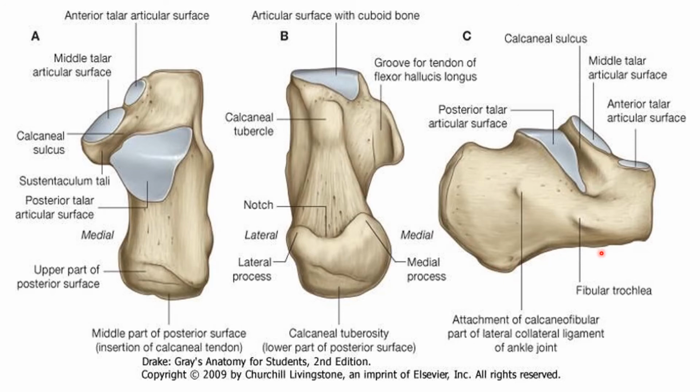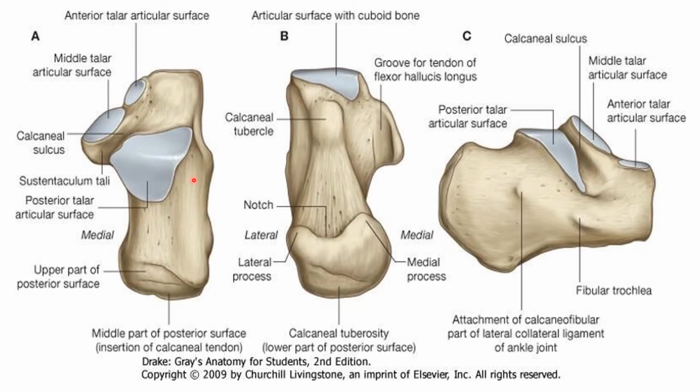The anterior part of the plantar or inferior surface shows another elevation which is known as the anterior tubercle. So that is about the inferior surface. In the posterior part of the inferior surface we have the calcaneal tuberosity, which extends as lateral and medial processes, and the anterior part has the anterior tubercle. So these are the surfaces of the calcaneus.